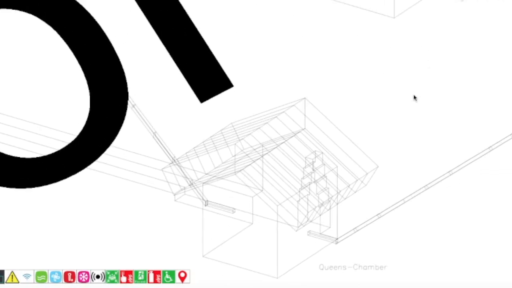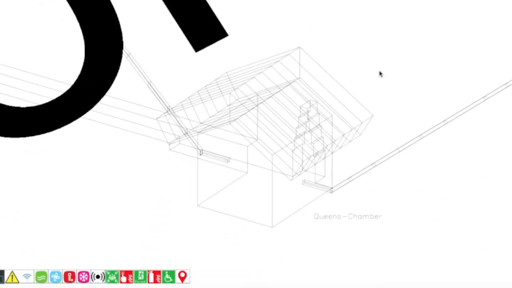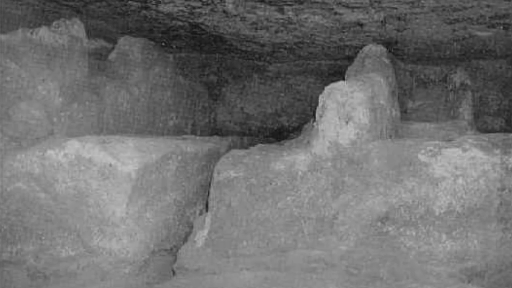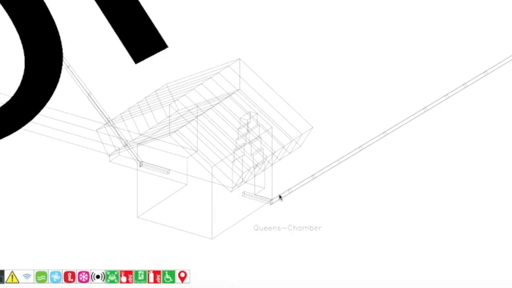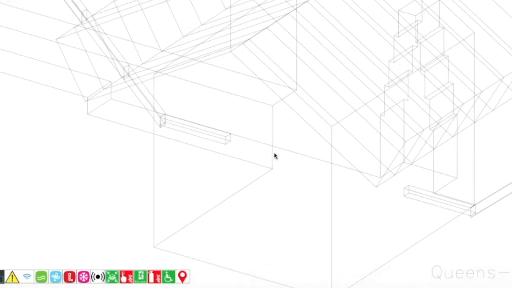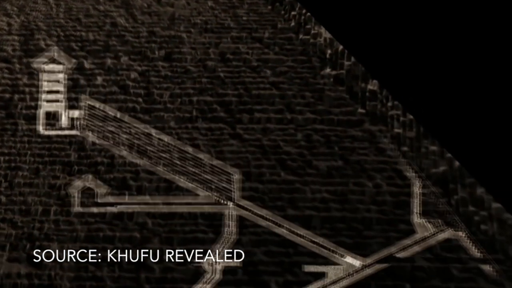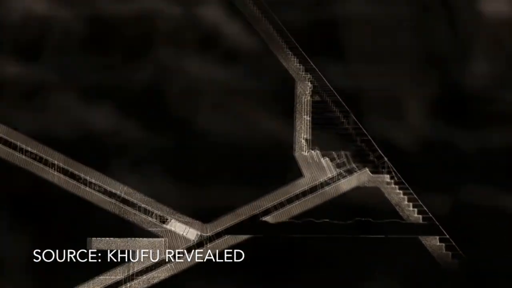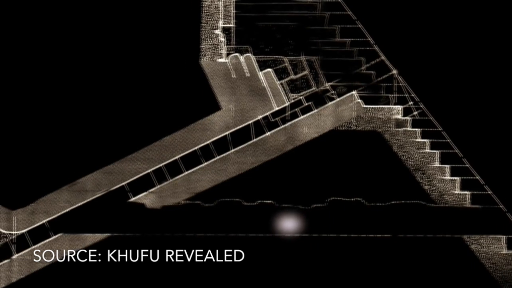There is, of course, various conflicting narratives, events and theories that muddy things up. For example, there are those who believe that the subterranean chamber was built after the Great Pyramid, and there is a lot of noise around the supposed function of the so-called Queen's chamber, that this wasn't a burial chamber at all and instead some sort of ritual space. Brier, however, for the sake of coming back on track with this video, is steadfast that the entire pyramid and everything inside it was planned from day 1.